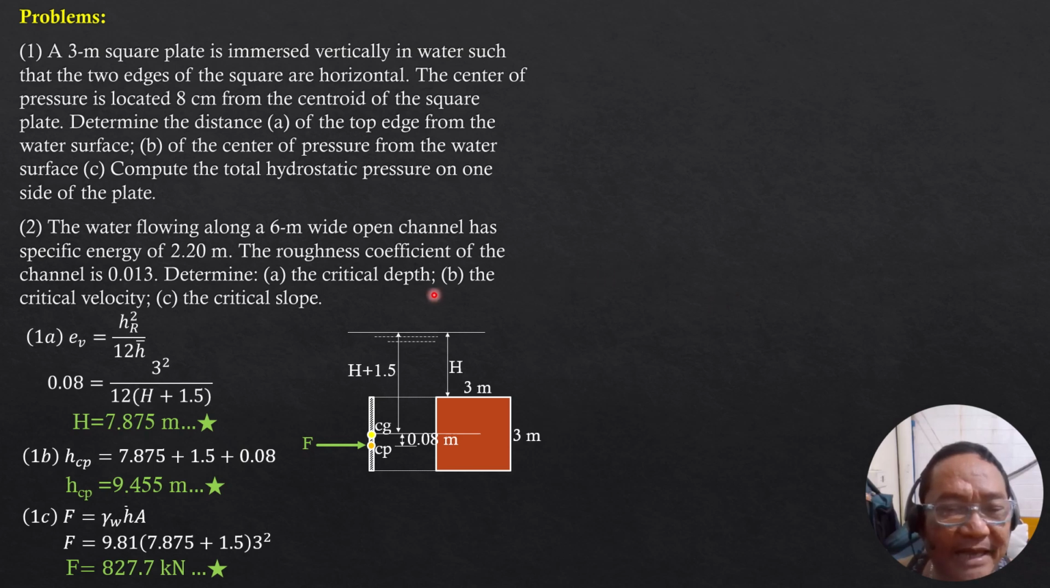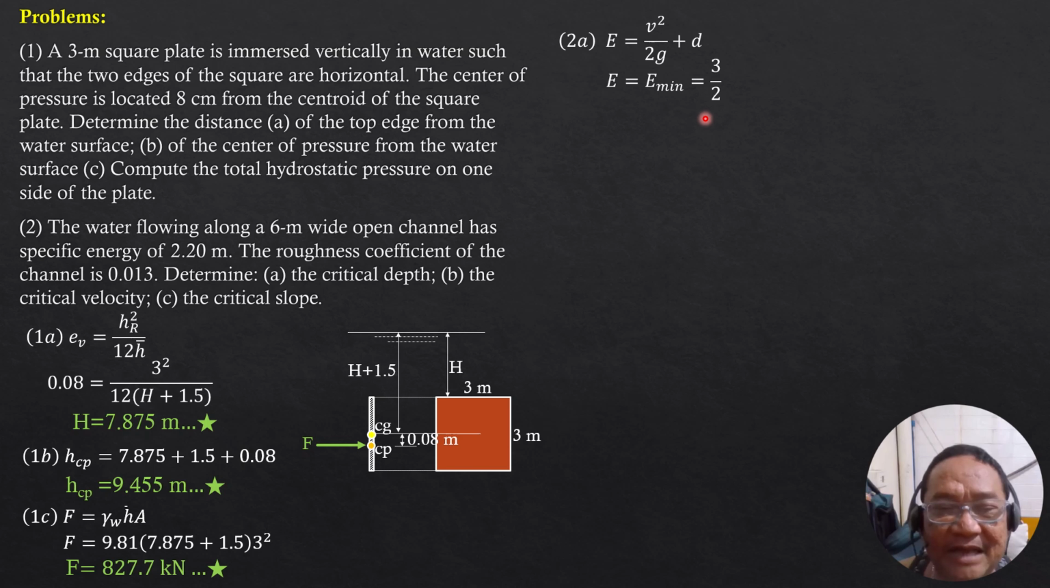So take note that the specific energy of 2.2 corresponds to critical depth. Therefore, this is the minimum specific energy, and the minimum specific energy is equal to 3/2 of the critical depth for a rectangular section. So E is v squared over 2g plus depth, this is the specific energy. And because the depth corresponds to critical depth, that specific energy at critical is 3/2 of the critical depth only